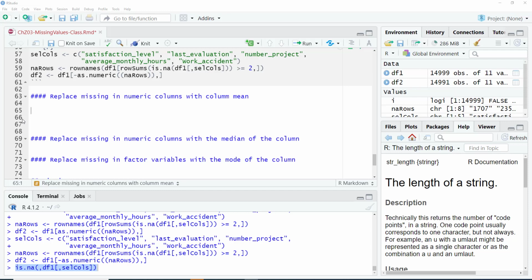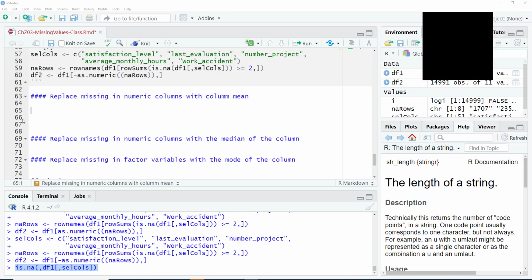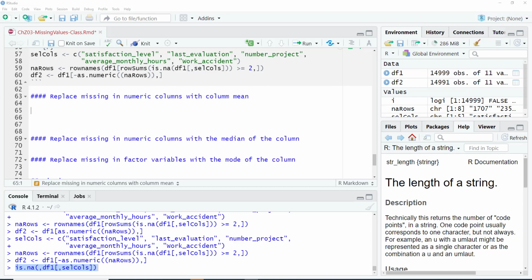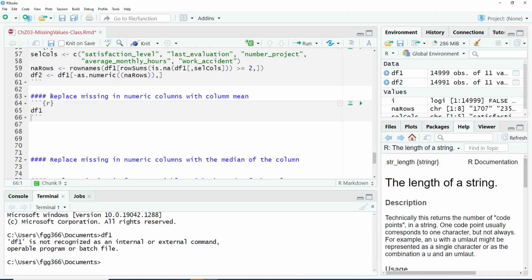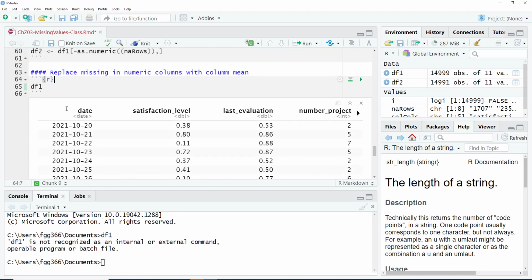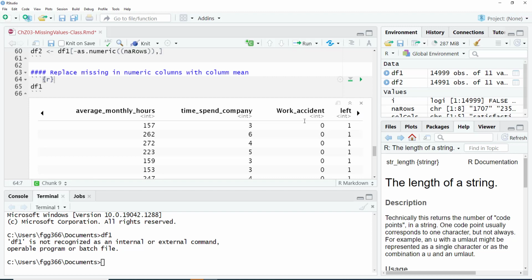The second approach is to impute values for the missing values, the best guess that we can come up with. So replace missing in numeric columns with the column mean. So what are the numeric columns? If we did df1, it gives you that.